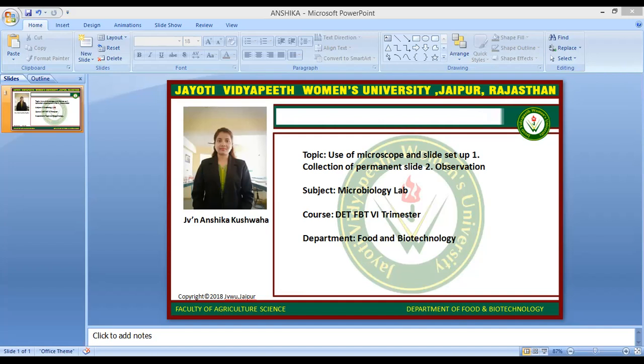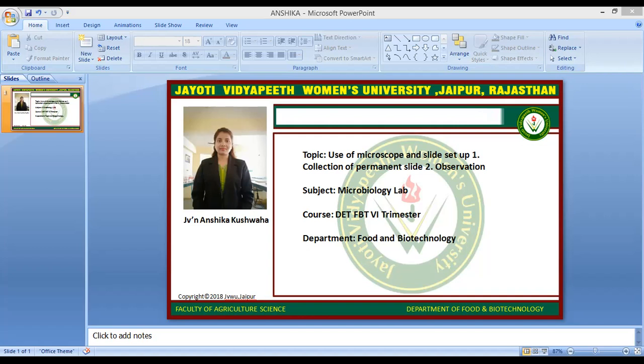What is good contrast? Contrast is improved by staining a specimen. When the stain binds to the cells, the contrast is increased. Good magnification. Ocular lens has a magnification power of 10x; objective lenses are scanning 4x, low power 10x, high power 40x, and oil immersion 100x. So total magnification of a field is the product of the magnification of objective and ocular lens: scanning field, low power field, high power field, and oil immersion are 40x, 100x, 400x, and 1000x.